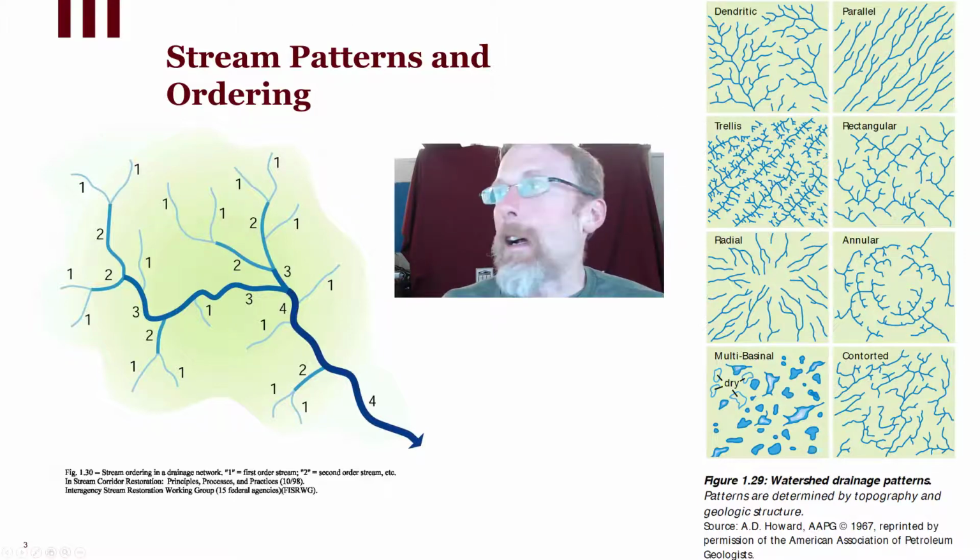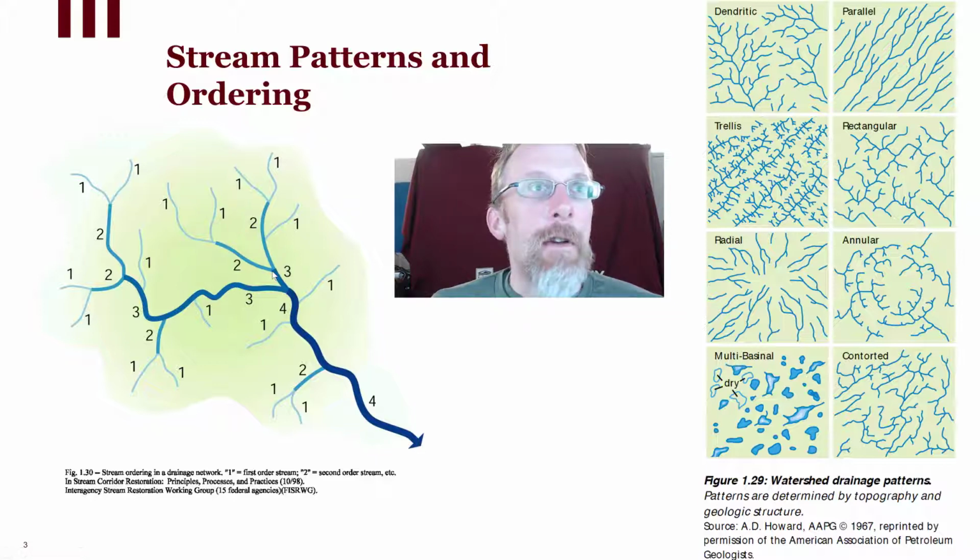Now on the right side here of the diagram, we have this watershed with a main stem, and each of the different tributaries has a number. The ones are the first order tributaries. These are the streams with no tributaries. So this is where flow starts. Where two ones come together, you get a 2. Where two 2s come together, it becomes a third order stream, and where two 3s come together, it becomes a